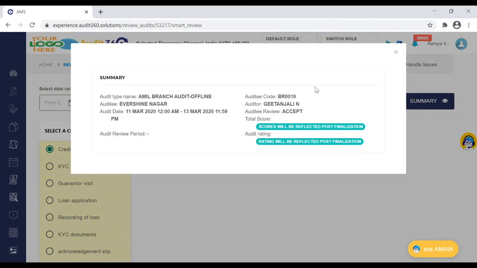The summary will be shown here, and whoever has opted for a simulate score will have a simulate score button here, and they can click on simulate where the total score and rating would be populated.